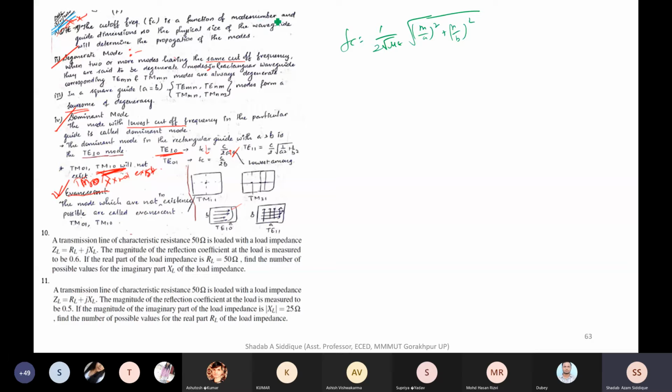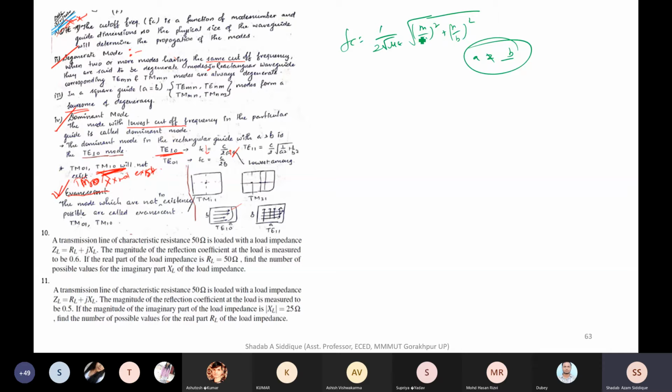So it is a function of mode number and the guide dimensions. The material property is fixed. So the physical size of the waveguide will determine the propagation of the mode. So a and b will decide which mode will propagate and which mode will not propagate,